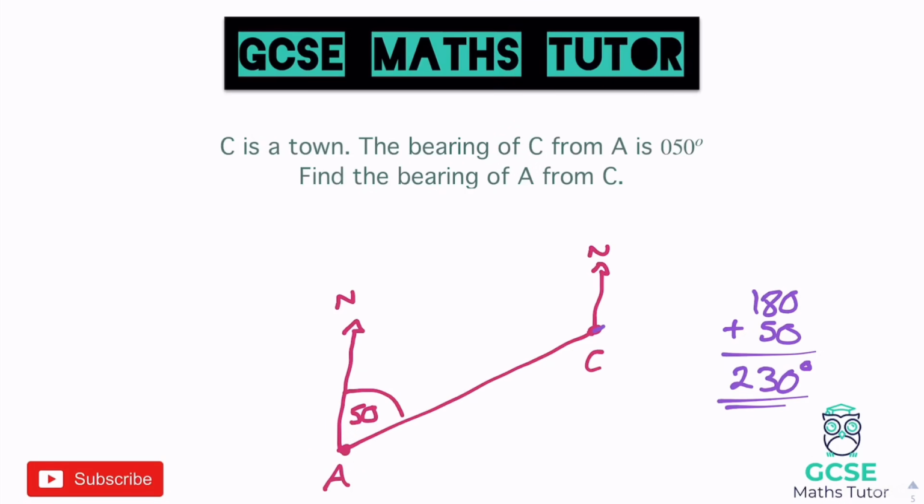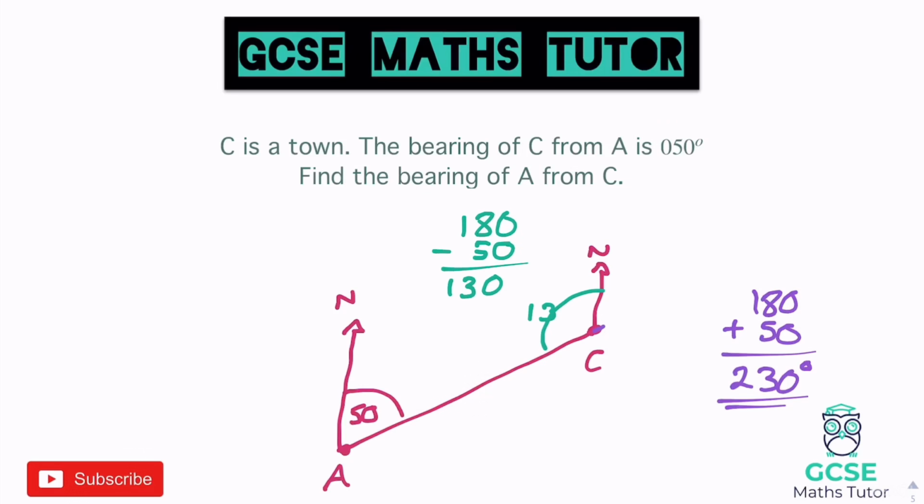So the other way we could do it, let's have a think about this. We're talking about parallel lines, so if these two are parallel lines, what we've actually got is a co-interior angle there. These angles form that C shape. Now these co-interior angles add up to 180, so if these two angles add up to 180, we can work out the size of that. I can do 180, take away 50, and that would leave me with 130 degrees